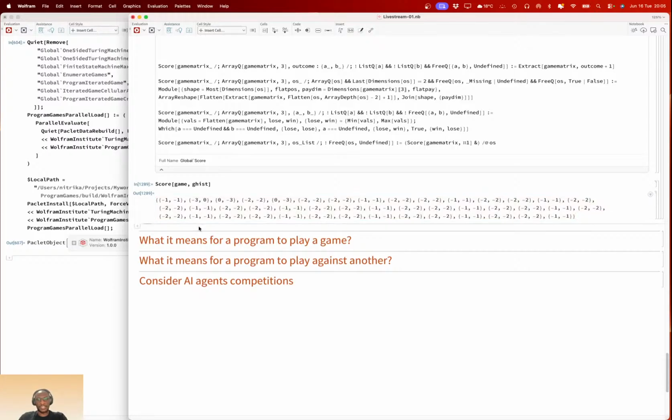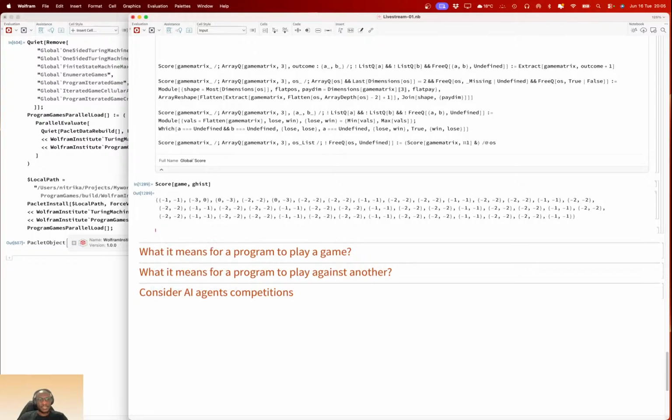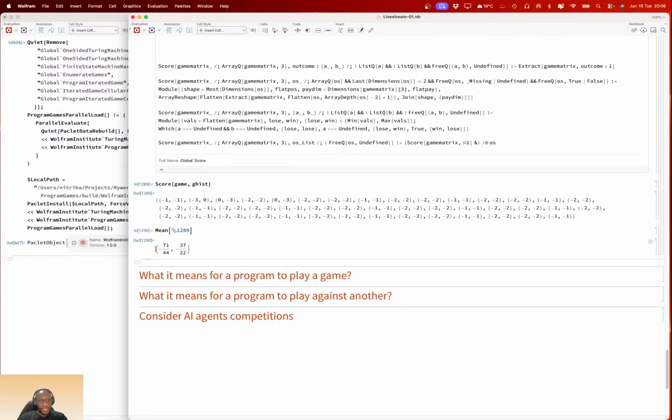But we are interested in who wins, right? And the winner, just to explain what the payoff looks like, the winner we can do. Wait a minute. So we can total this, or we can do the mean of these. We get these, and then maybe subtract.